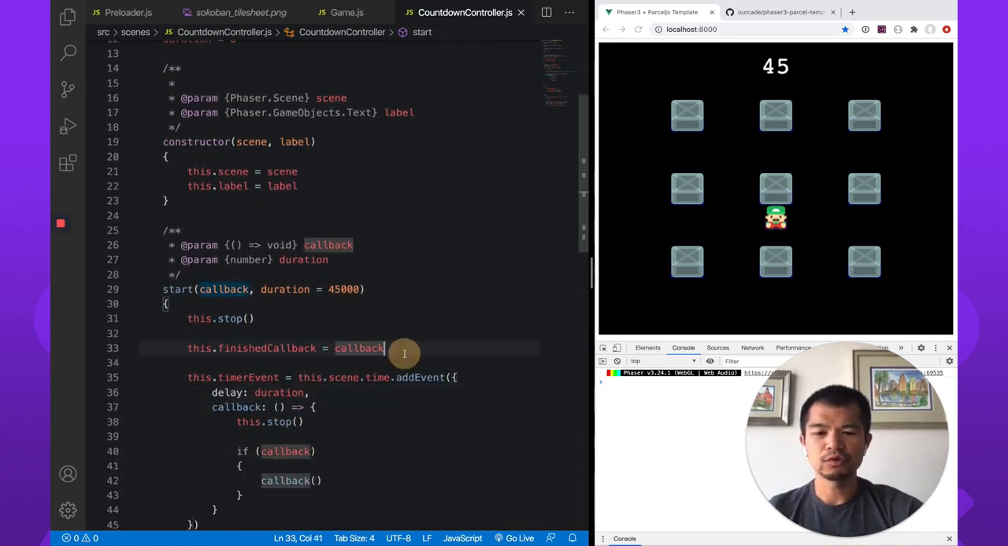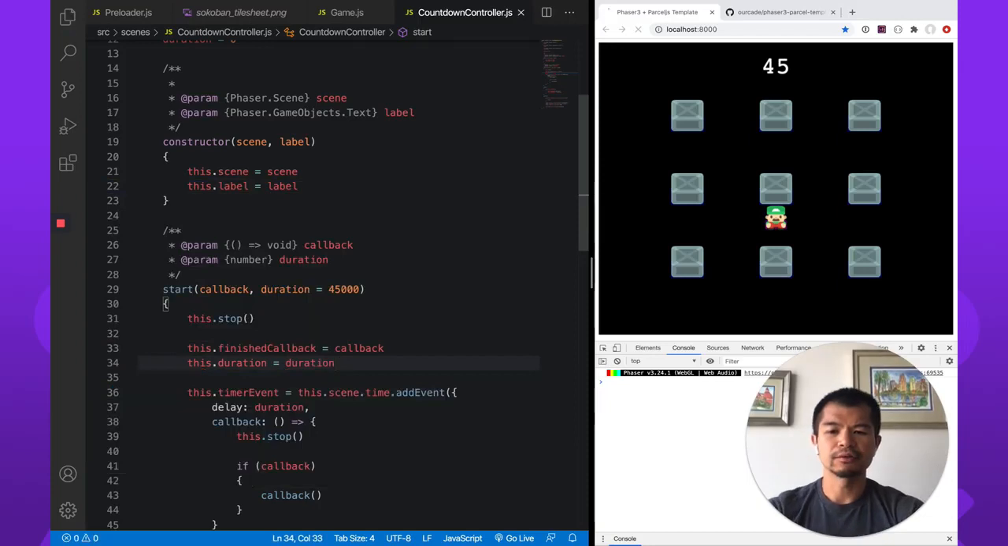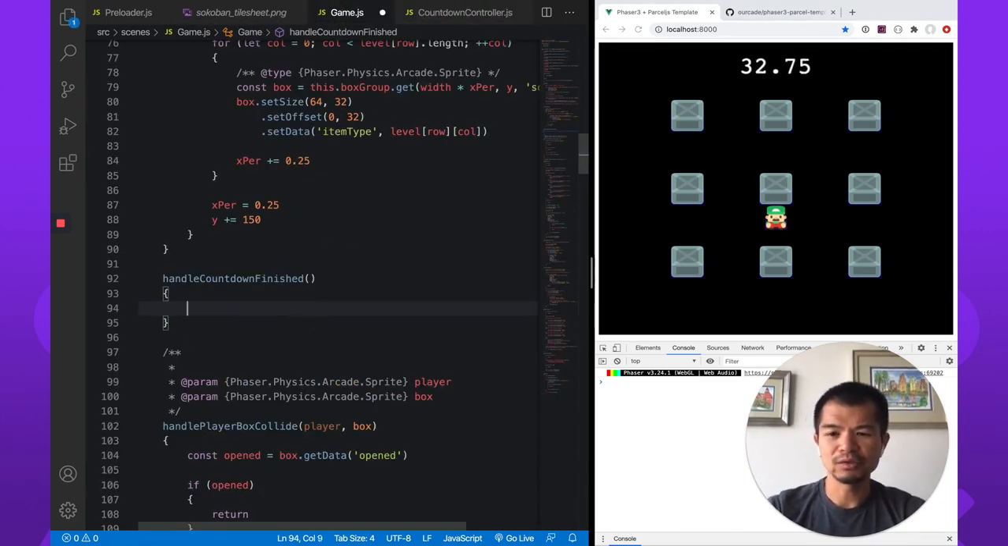So we need to store our duration. This dot duration is duration. Now let's see. Because we had it, there's it counting down, from 45 seconds down to 0. Let's not wait 45 seconds. This will be called, and what we're going to do when this has finished,